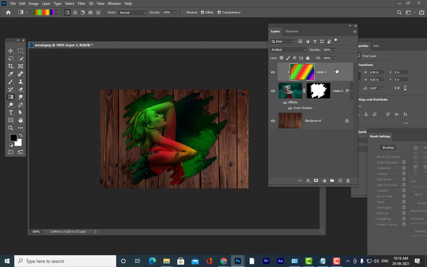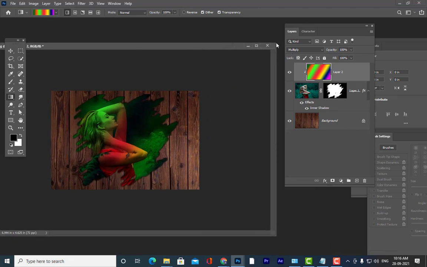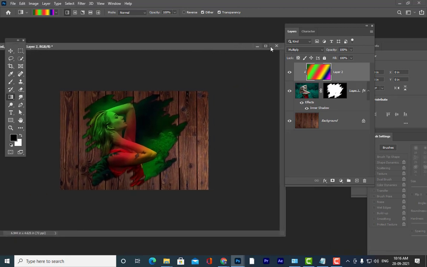Okay, is it clear, all of you? Try to use a combination of different brushes, and then you can check. Clear na? Yes, sir. Okay, so now we'll see some more things with the mask.